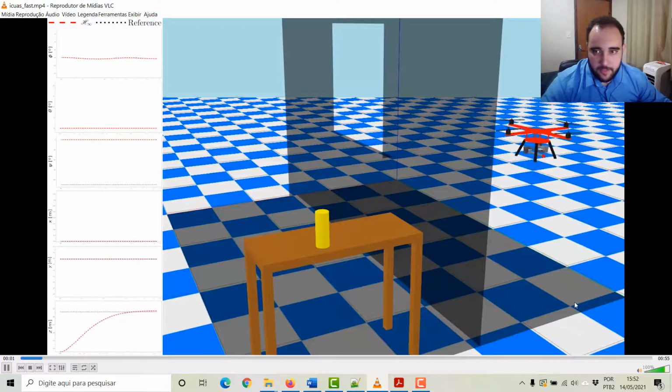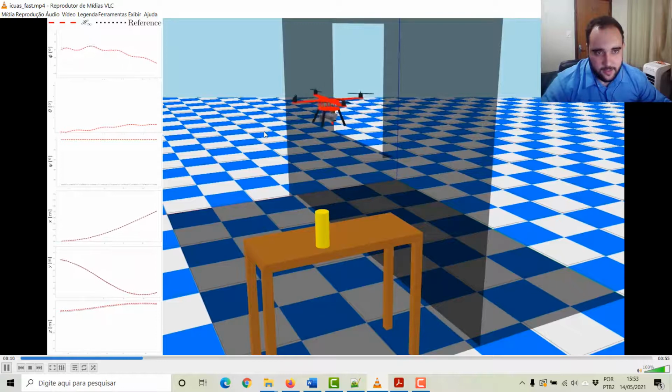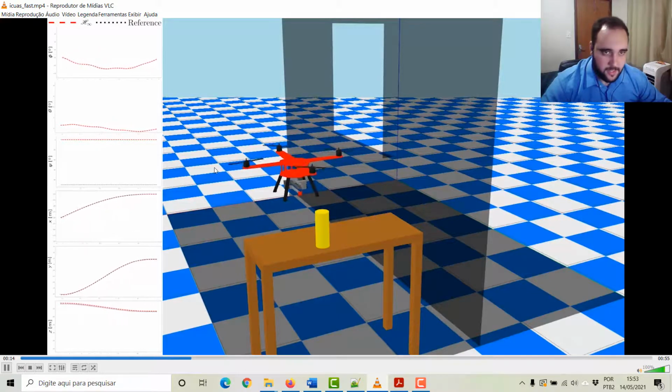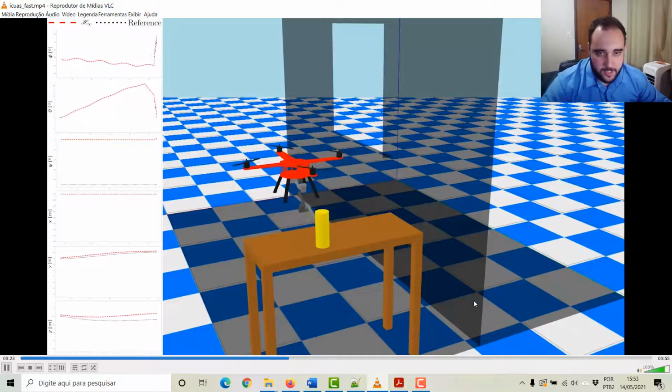As I mentioned before, the behavior in this simulation is very similar. It just has smaller durations in each phase and thus higher velocities. But the behavior of the system is very similar. We just have a more oscillatory response and a little bit higher error due to the more aggressive trajectory. But as we will see, it will perform the experiments without any problems.